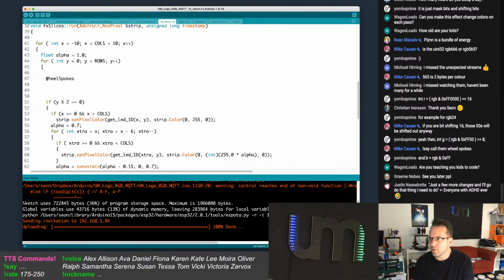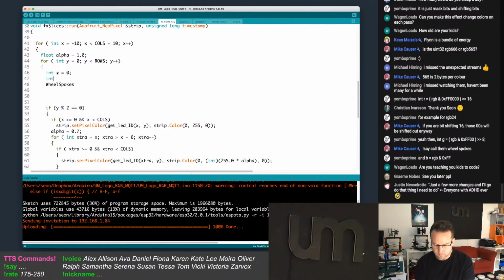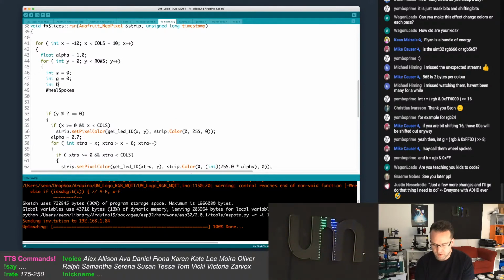I want to go int r, g equals 0, int b equals 0, wheel spokes, and the index will be y.